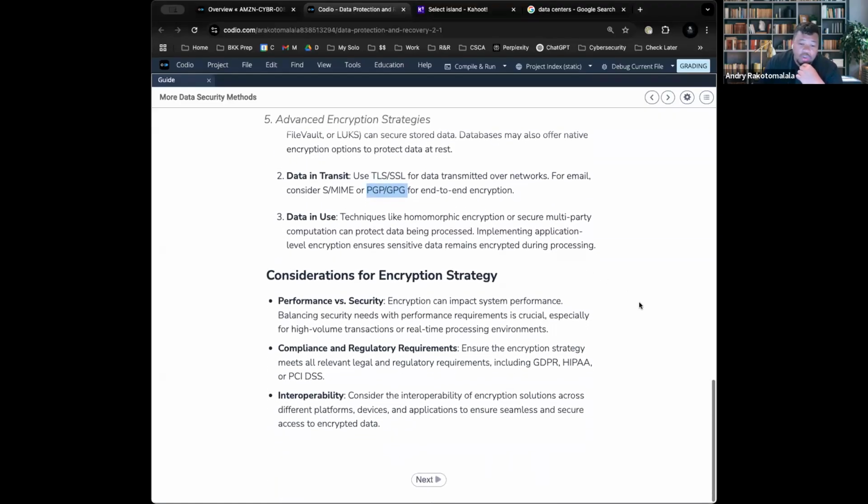So, what are some things that you need to keep in mind? Well, like I mentioned before, there's a concept of performance versus security. So, you want to make sure that performance is still functioning as expected. And then you also want to make sure that there's adequate security. So, keep in mind, this is about risk appetite. Then you need to look at the requirements for all the different standards that you need to adhere to. If you remember last class, I said it's important for you as a business to know where you stand in the security industry so that you can go ahead and put the right controls in place.